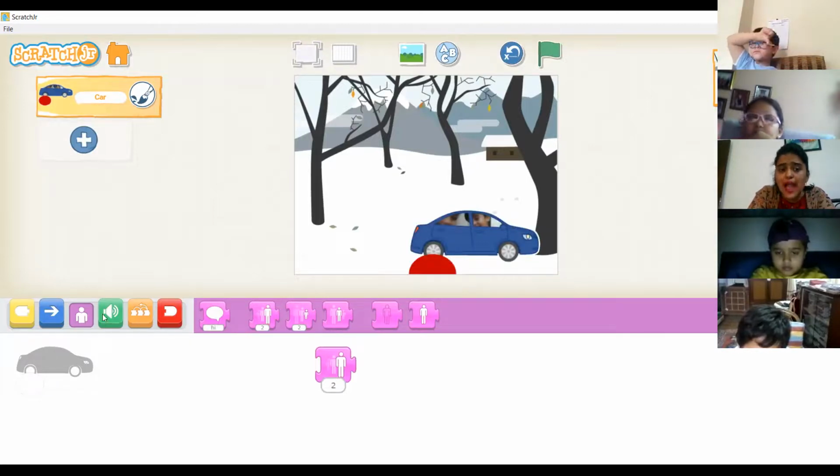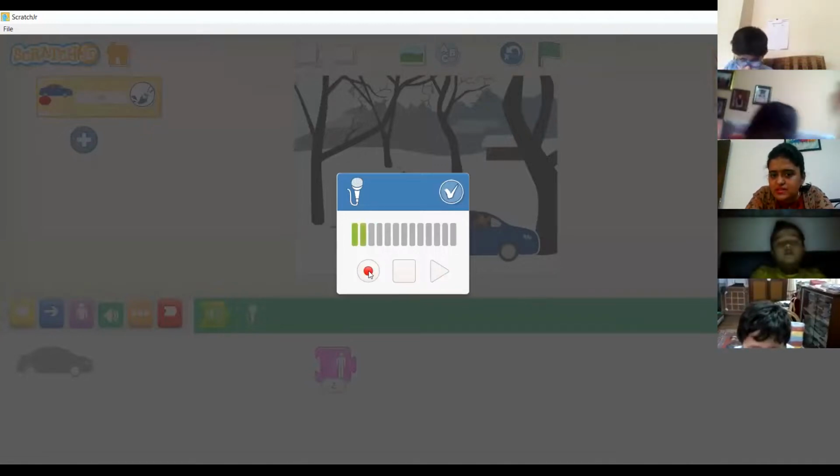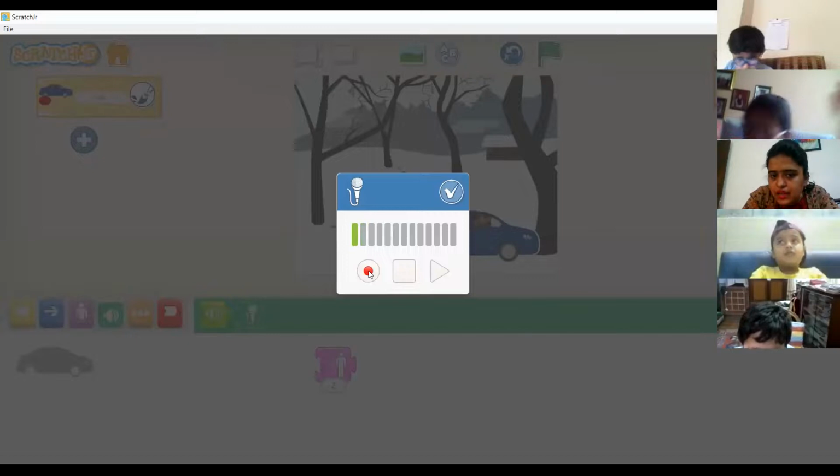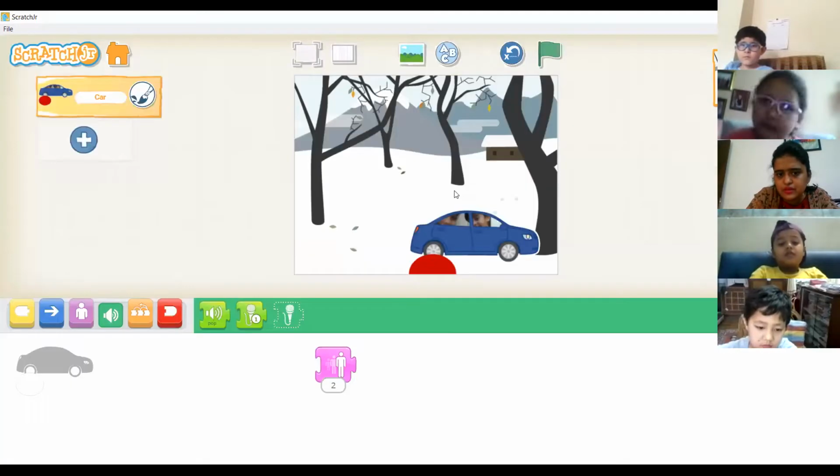If you want to add some sound to it, so this is a green color button. Can everyone see the green color code? Here we will click on green and here you can also select a sound. Now this is recording. Okay, I can record the sound that I want. See, this is recording. Hello, hello, hello. This is getting recorded. Okay, and then I'll click write.